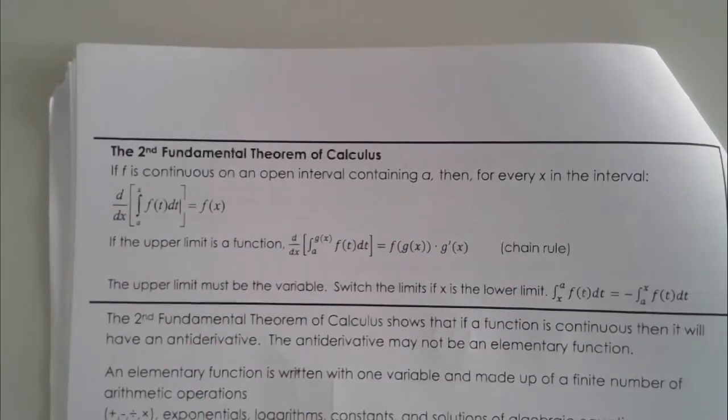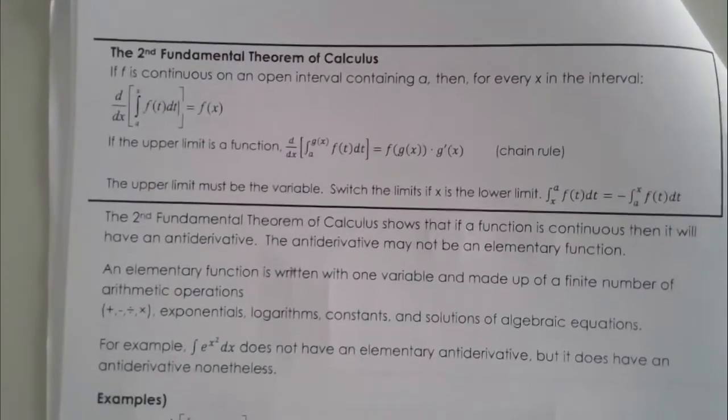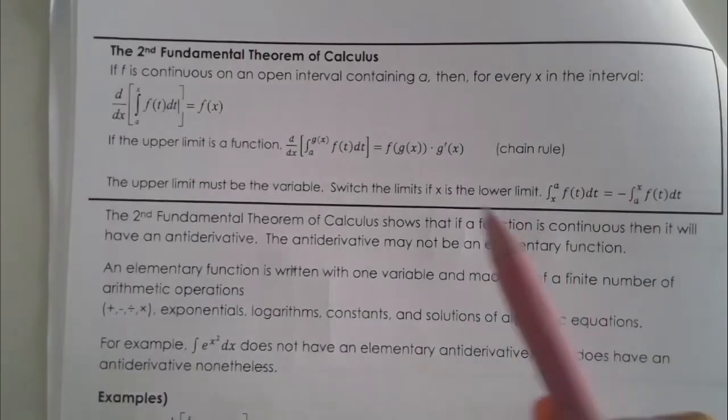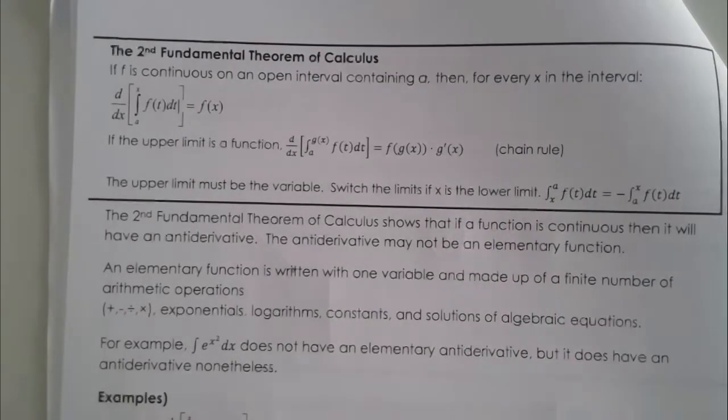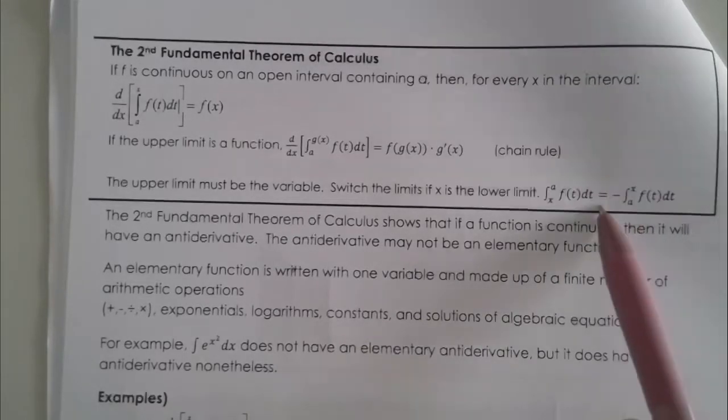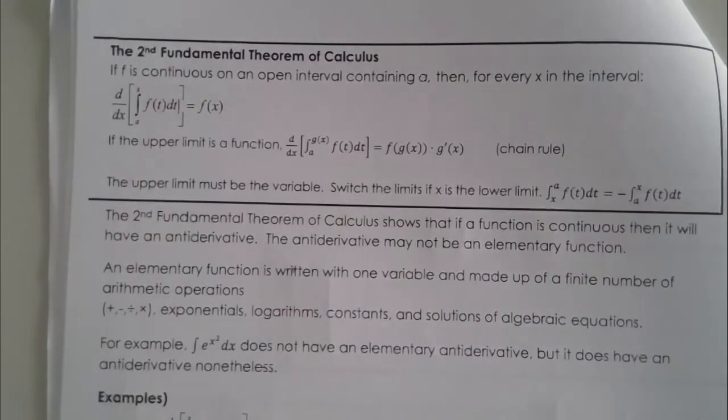If your upper limit is a function itself, we're going to end up using a form of the chain rule, and I'll show you that. And then the upper limit needs to be the variable. I already said that. If the x is the lower limit, then we'll just use the property that we already know where it is the same as the negative of that. Okay, lots of talking. Let's actually